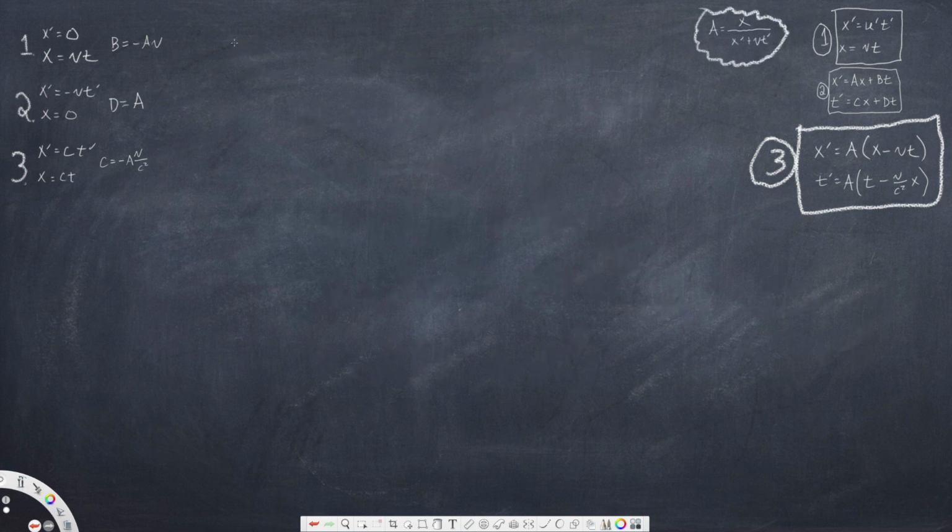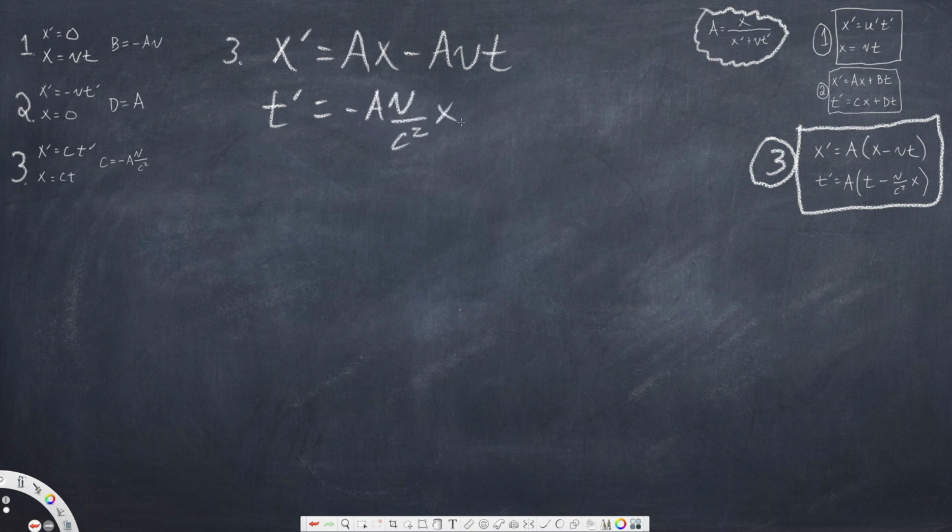So we rewrite equations 3 with our known new variables. So we have x prime equals a x minus a v t, as well as t prime equals negative a v over c squared x plus a t. If we solve this equation for x, we can then plug that x into our second equation and try to solve this system of linear equations. So if we do that, we end up with